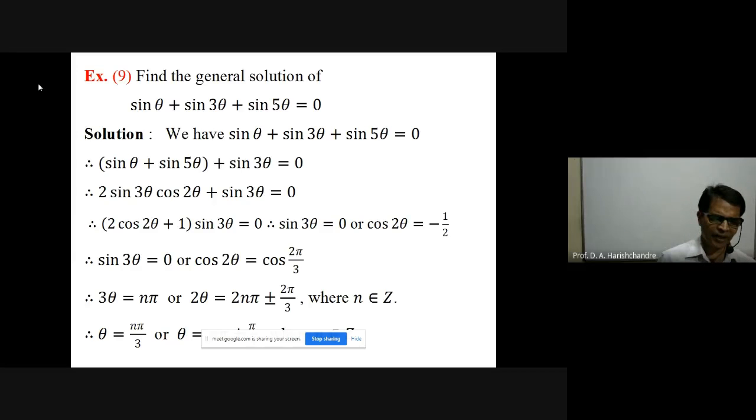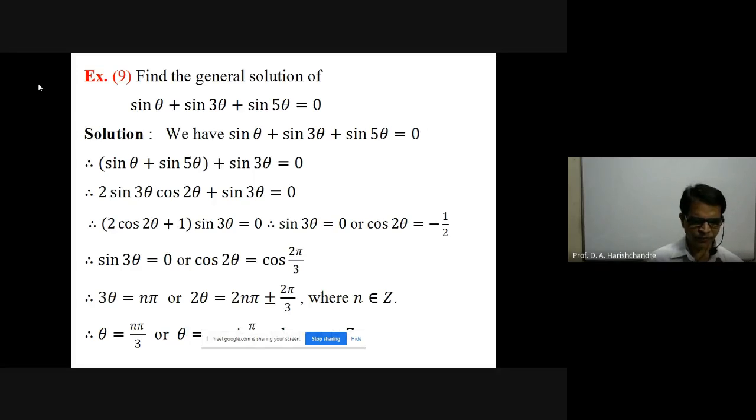Okay. Now in the bracket here you can use the trigonometric identity of sin C plus sin D. According to that identity, we are getting 2 sin 3 theta into cos of 2 theta, plus that sin 3 theta can be carried as it is, equal to 0. Now on the left hand side, from both terms, sin 3 theta can be taken common. So inside the bracket you are getting 2 cos of 2 theta plus 1, bracket complete, into sin of 3 theta is equal to 0. Each one of the factors can be equated to 0 so that we are getting two separate trigonometric equations.